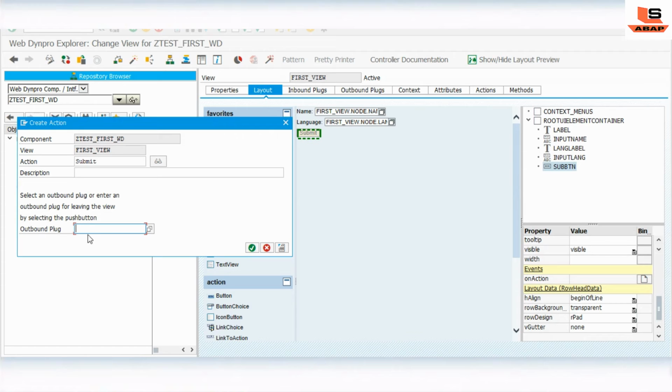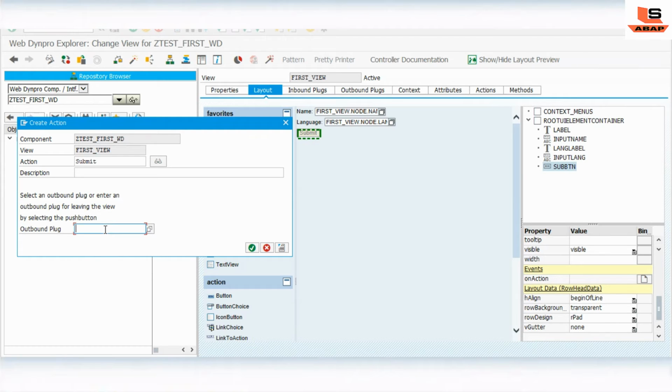As you can see here, outbound plug. So what is the outbound plug? In simple words, you are clicking on the submit button, so we are going out from this view. For that going out, it will come as an outbound plug.